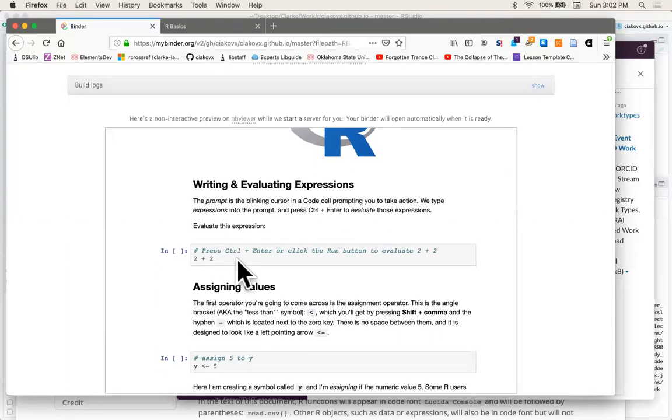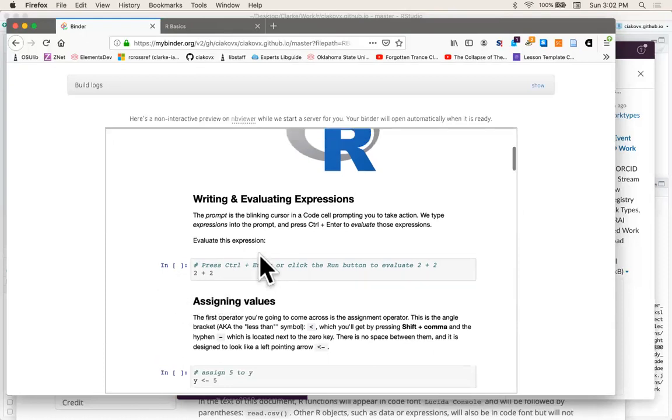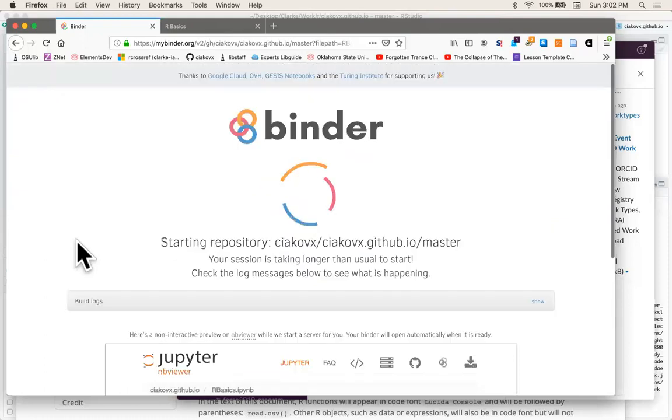So as we talked about in our first video, there are a couple of different ways to evaluate code in Jupyter Notebooks. One is to press Shift-Enter, and that will evaluate the code and then jump into the next block. The next is to press Control-Enter. That will evaluate the code and that will stay in the same block. And then the last is to press Alt-Enter or Option-Enter if you're on a Mac. And that will evaluate the code and it will insert a new code block below. So for most of what we're going to be doing here, it's going to be a,